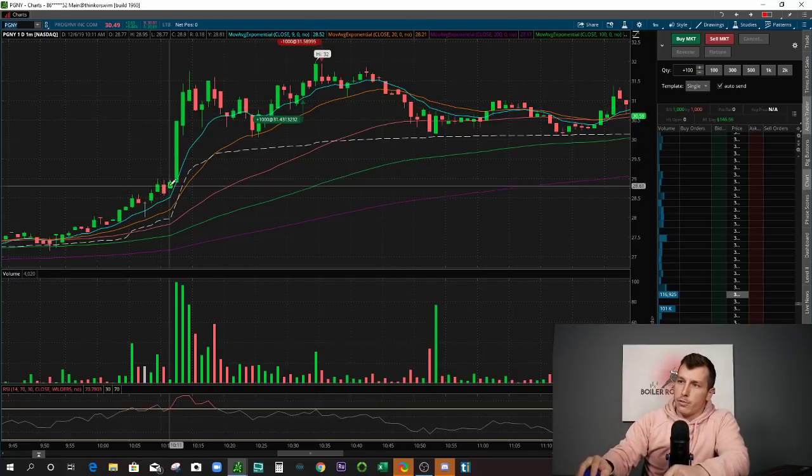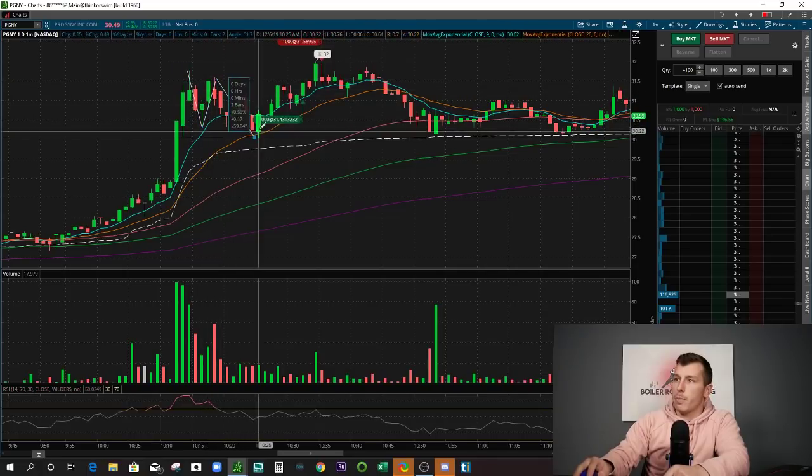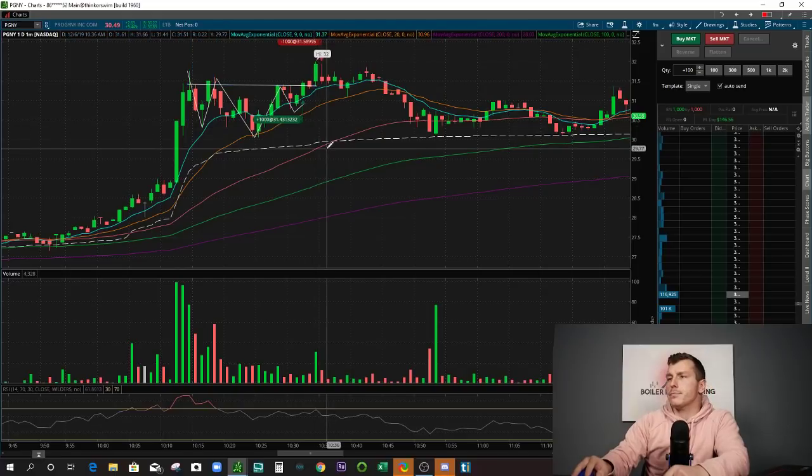So see, we start with this big move up, and then what happens? We pull back, bounce back up, then we make a new low here, then we bounce back up, right? So we're creating an inverse head and shoulders pattern in this move, which is a bullish formation. So again, that's pretty much the same thing we were looking at for Netflix earlier. So I get long 1,000 shares here